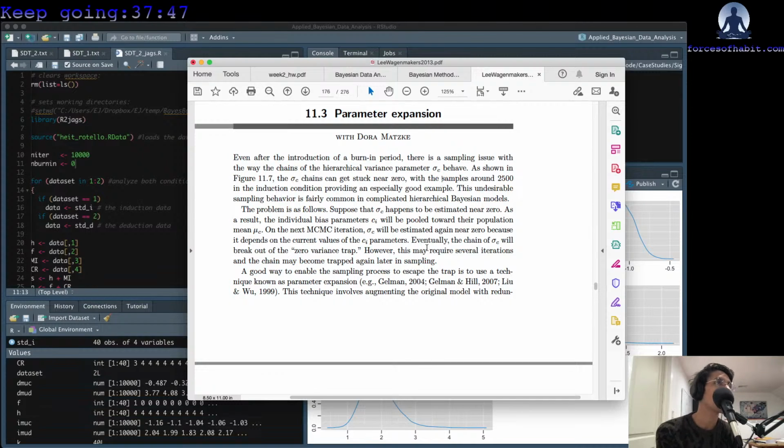So to escape those sorts of traps where you're sampling in an area of the parameter space where sigma is close to 0,